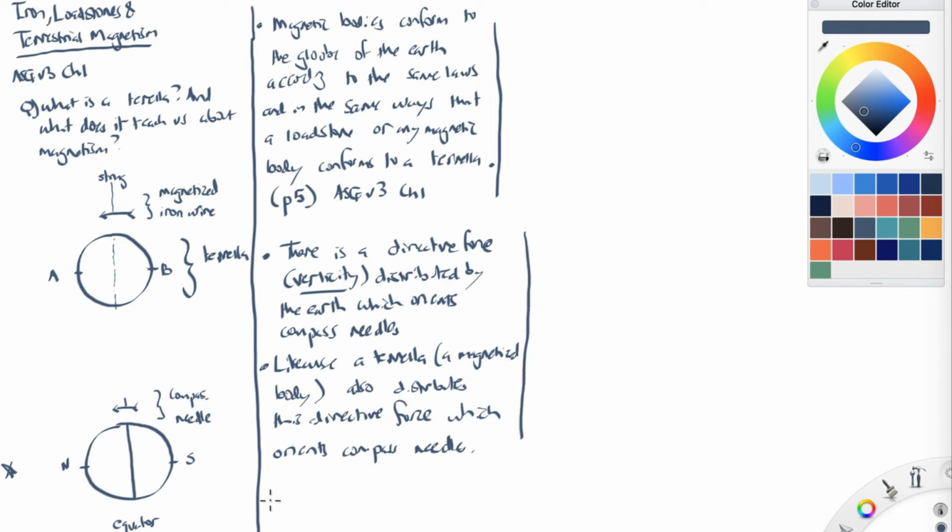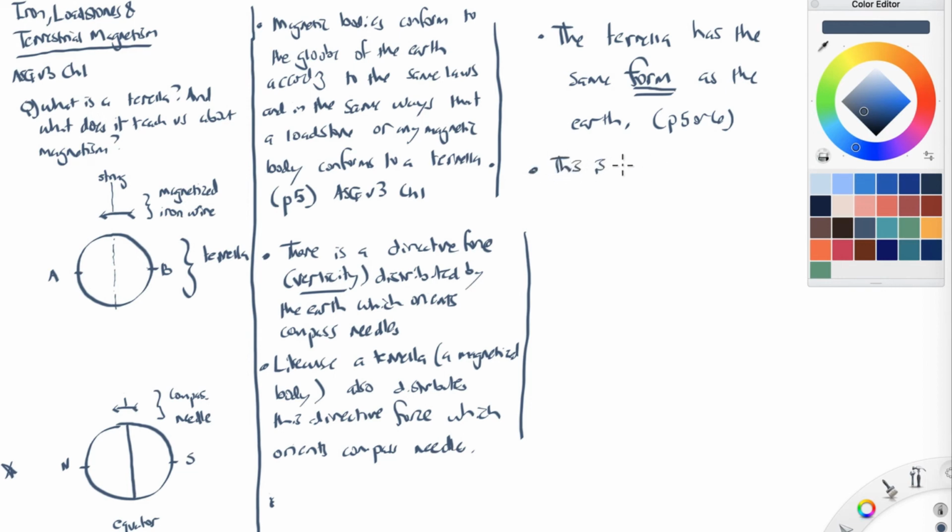Okay, and then he goes on to say that the terrella has the same form. I'm going to underline this for reasons that will become apparent in a moment. The terrella has the same form as the Earth. Okay, this is on, I think, page 5 or 6 in the text. Now this term, the same form as the Earth, this is a loaded term. He's not saying it has the same shape as the Earth, like a circular shape just like the Earth has, because after all, you could have cut this lodestone into a cube. So he's not talking about form in the same way that you might have assumed. He is referring, this is loaded language. This is very important language